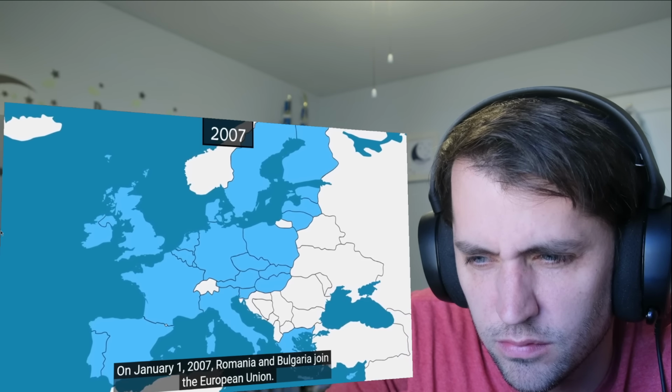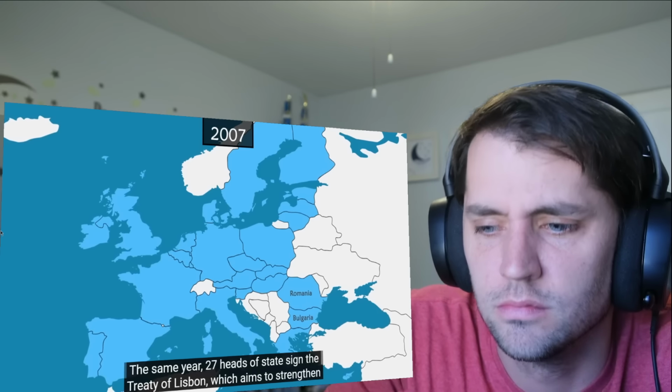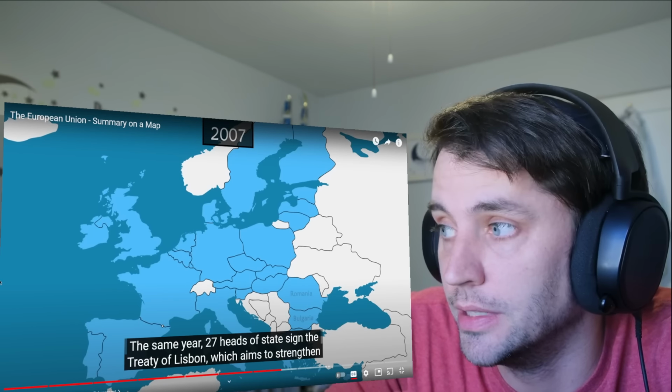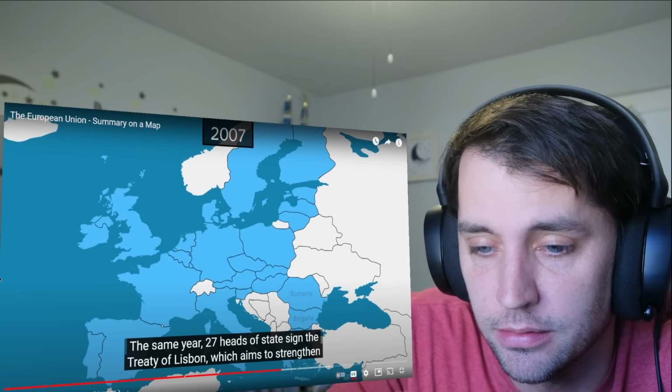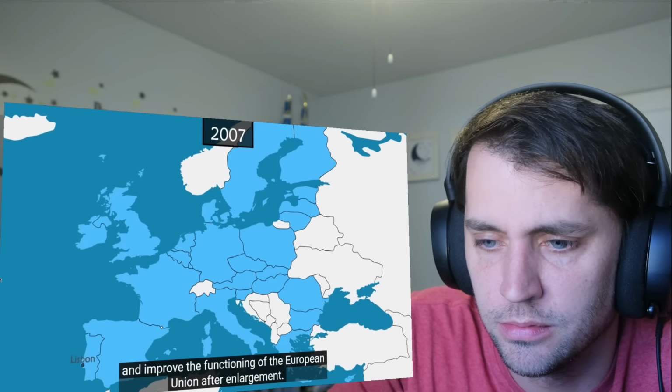On January 1, 2007, Romania and Bulgaria joined the European Union. The same year, 27 heads of state signed the Treaty of Lisbon, which aims to strengthen and improve the functioning of